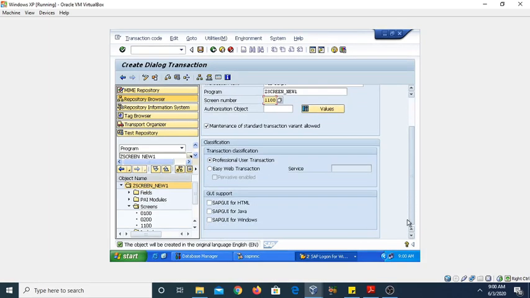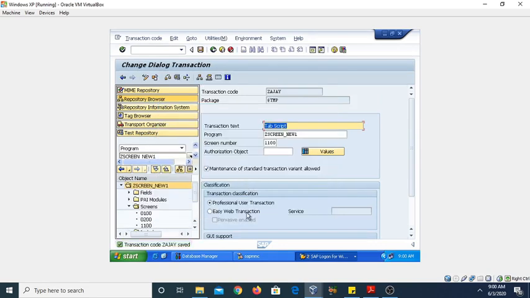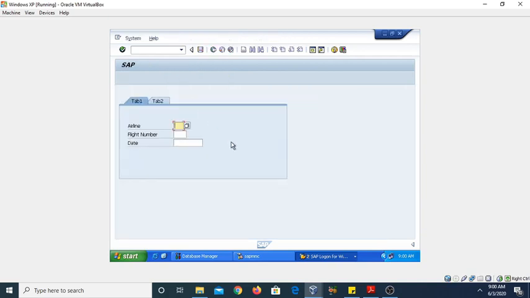Now we need to select the GUI support. In my case I am selecting GUI for Windows. Click on the save button, select the package and check for the syntax. Now execute the particular transaction. You can see we now have on the screen a tab strip control with two tab pages, tab 1 and tab 2.